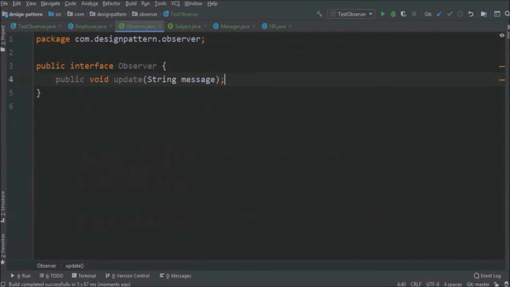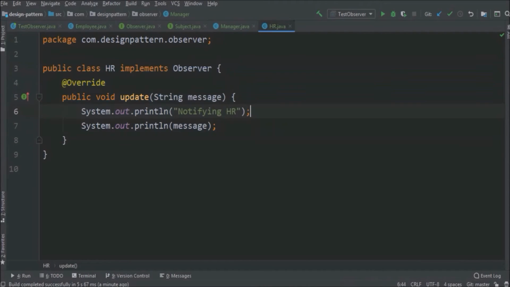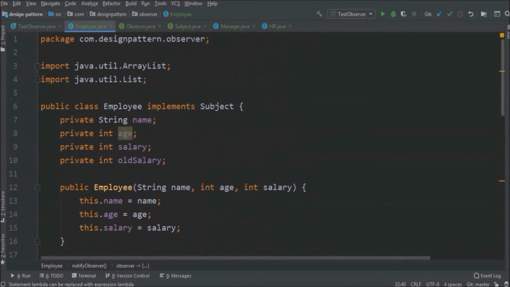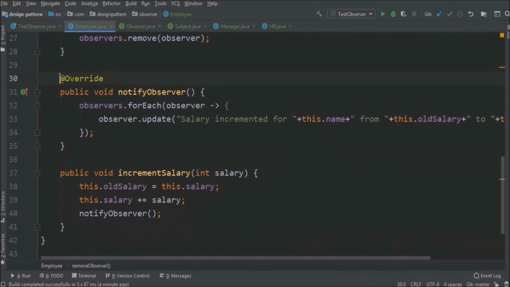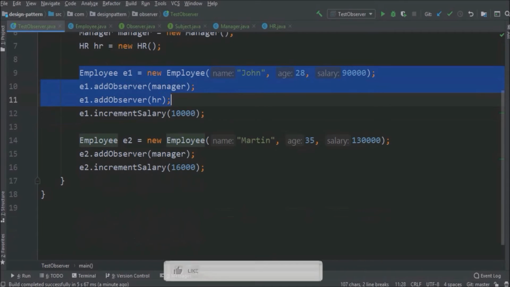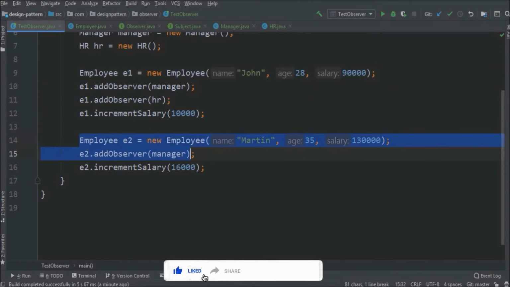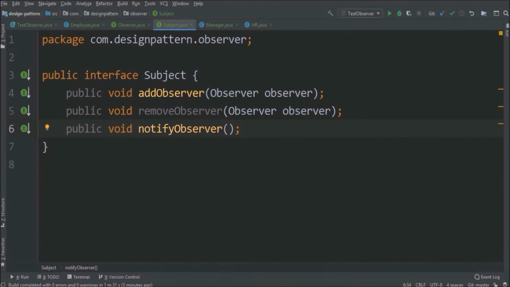Let's quickly review whatever we added till now. I just want to add some more corrections. Here the notify observer method name should be changed from plural to singular.